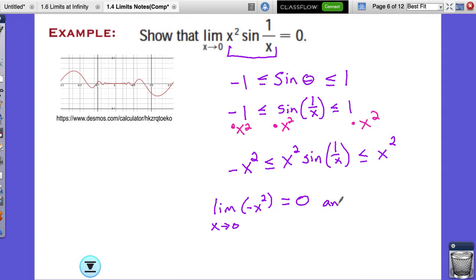And I can take the limit of the top function, x squared, as x approaches 0. That's also going to be what? 0. All right, since I have my function squeezed in between the bottom and the top, and I know that both of those functions have exactly the same limit, and that limit is 0, by squeeze theorem,